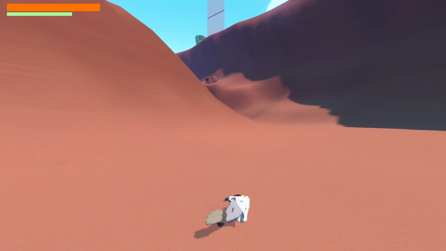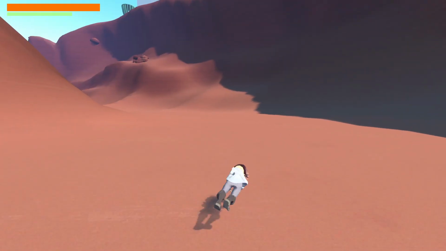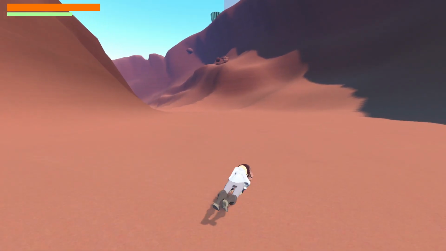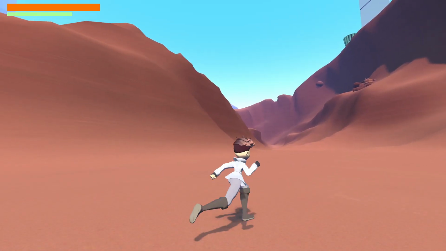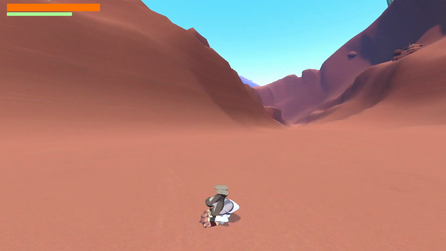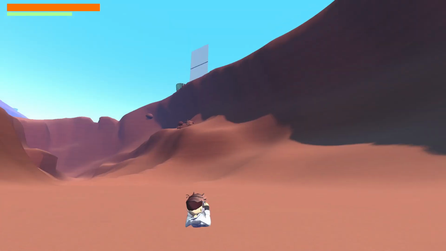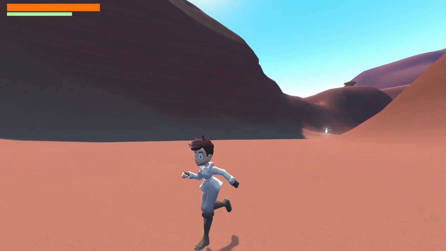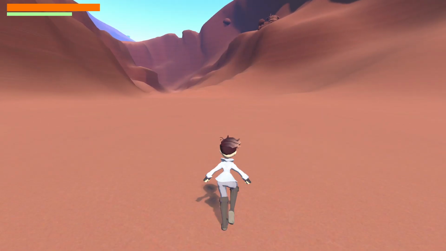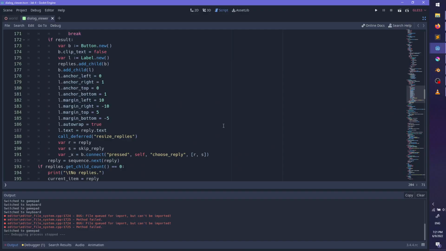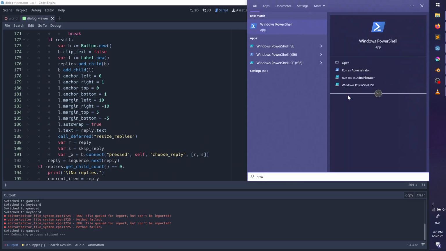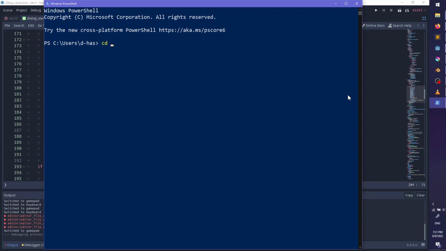Tomorrow, what I'm actually going to do, instead of whining about Godot so much, is put content out here, because this big valley is empty. So I should think of things that I want to actually do out here. Like, what do people do? You know what? Let's commit what I have.